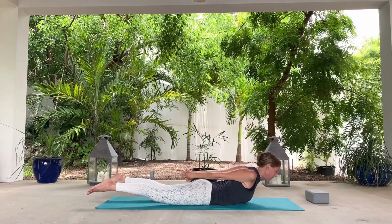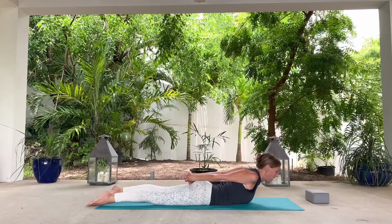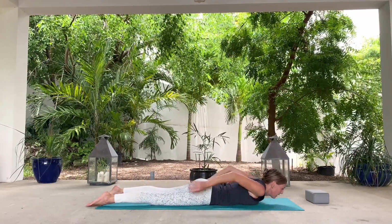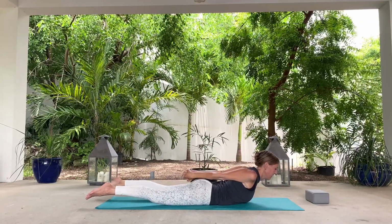Keep length in the back of the neck. Okay, if this is way too much for your lower back, I'll give you one more variation. You can just keep the hands on the ground and press up from here. Okay. So if you're in your Shalabhasana, lifting up,